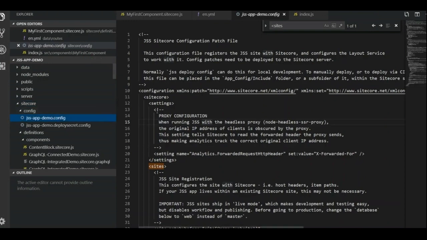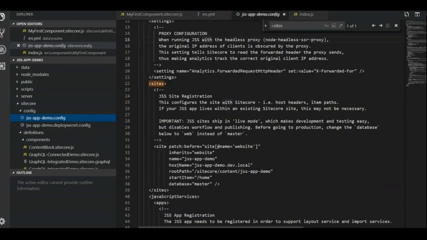Now come here. Let us see the JSS application demo. Here we need to provide the config and all the details.